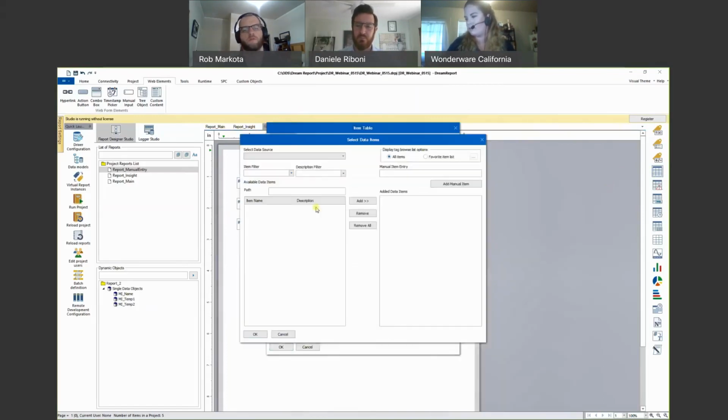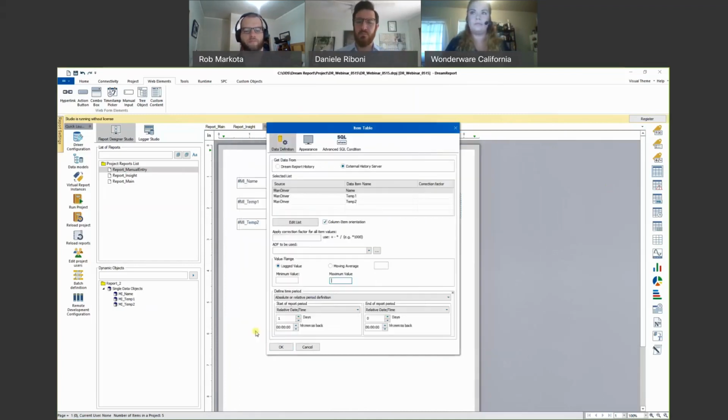Click on external history server, edit list, use manual driver, and we're going to select on name, add that, temp 1, add that, and temp 2. And what we're going to be doing is using the defined time period of fixed period for